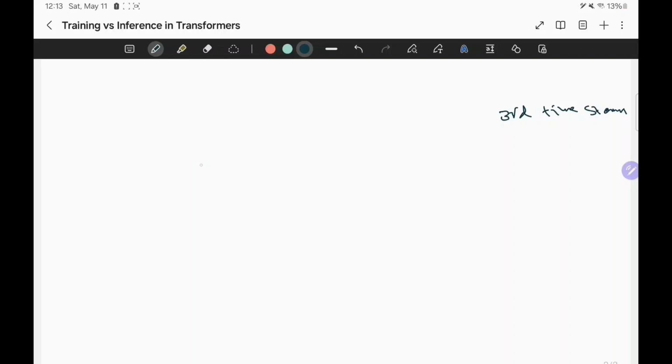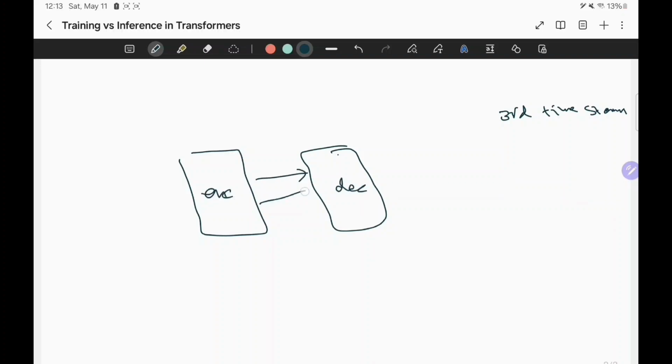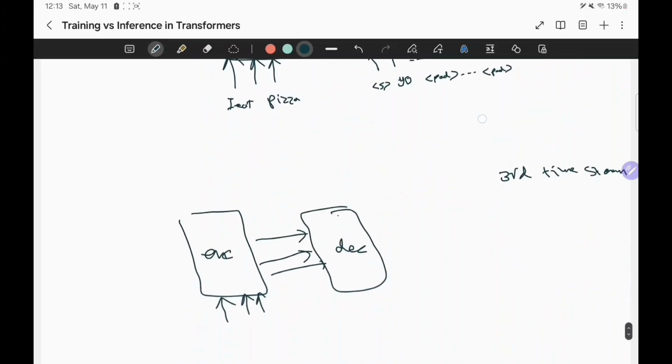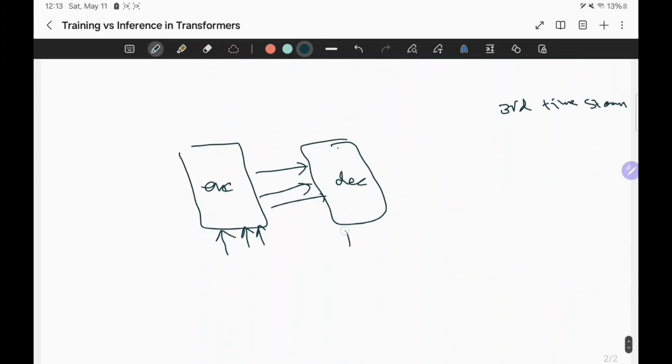But then here would be the encoder, then the decoder, and then these arrows here, here, here, here. What we do here is this. And this time, so far, the network has predicted "yo" and "como". So what we do here is we shift by one, we prepend the start token, and then "yo", and then "como", and then we pad them again until